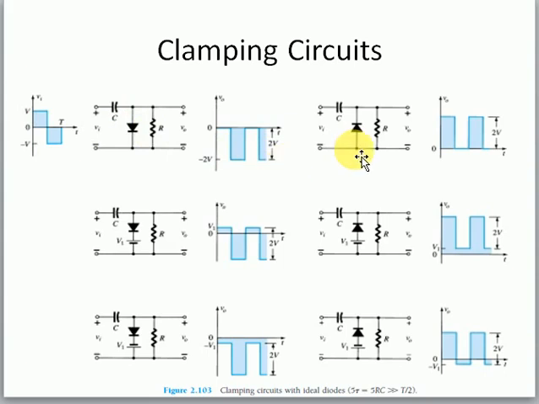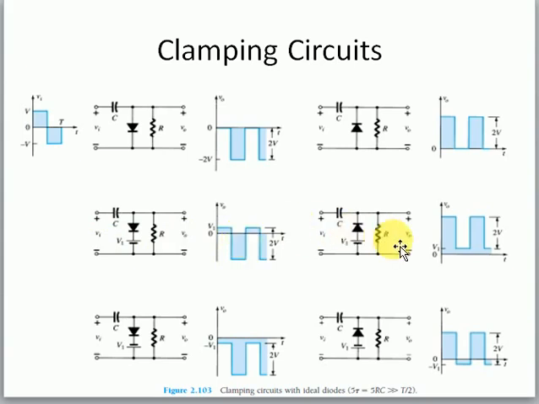When the polarity of this diode has been changed as shown in this figure, then at the positive cycle we will get our full swing of 2 volt, and during the negative cycle we have the 0 value as the diode is forward biased, so Vd is equal to 0. In the next circuit, when the positive cycle is here, then V0 is equal to V1, that is the DC supply here. And during the negative cycle of the input, we have the value of 2V here.